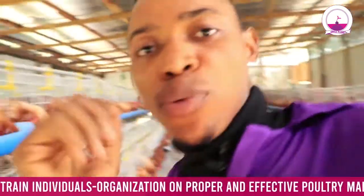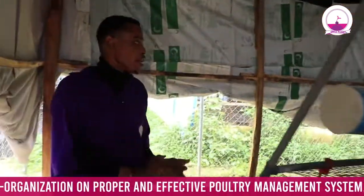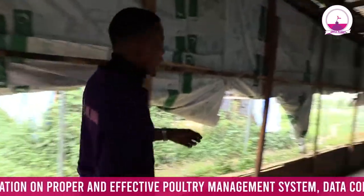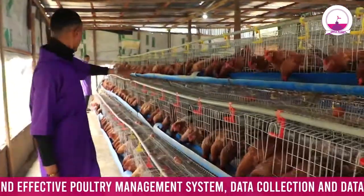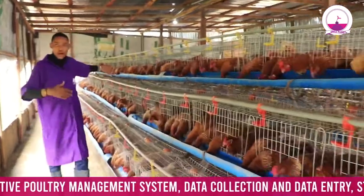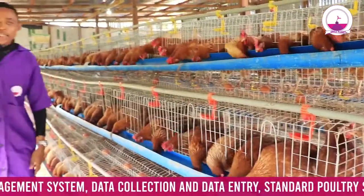Putting some things in place when it comes to poultry farming is very okay for you to do. Like here, you can see my team member is picking their eggs. This is another row of them picking. So these are one of the major things you need to understand when you are starting your